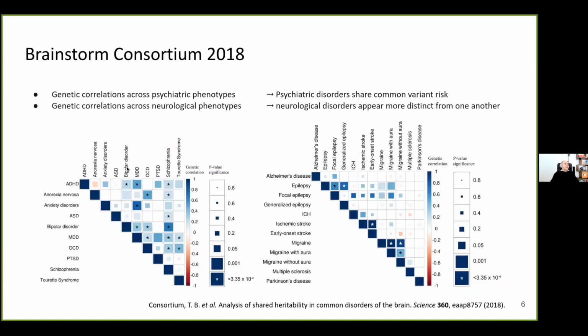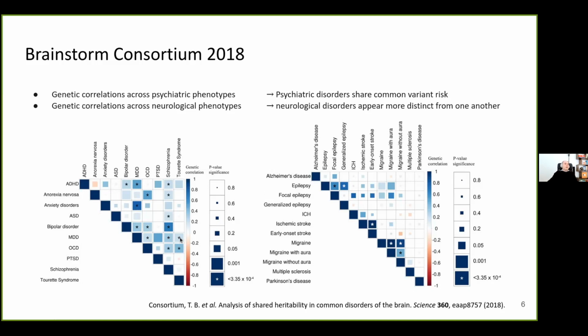If we look at the genetic correlation across psychiatric disorders, we can see a lot of overlap. For example, bipolar disorder has a significant genetic correlation with major depressive disorder, OCD, and schizophrenia. Or major depressive disorder has a significant correlation with ADHD, anxiety disorders, bipolar disorder, schizophrenia, and Tourette syndrome. So there is a high degree of overlap between these different